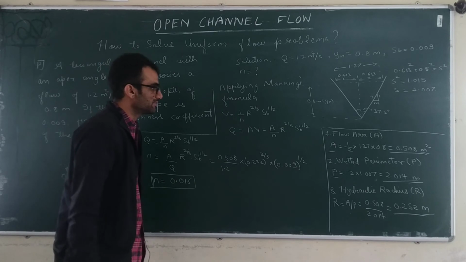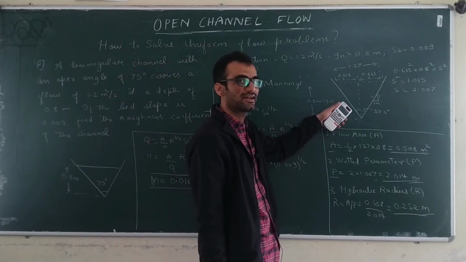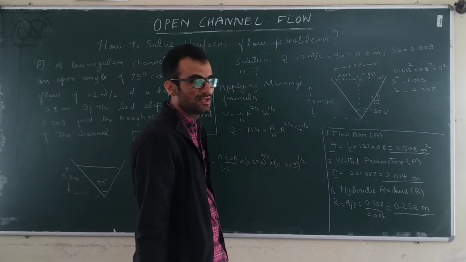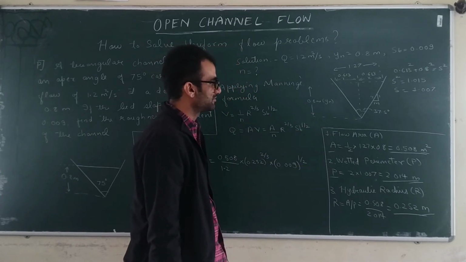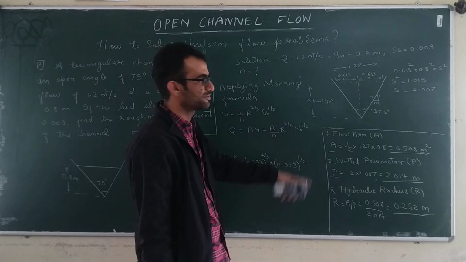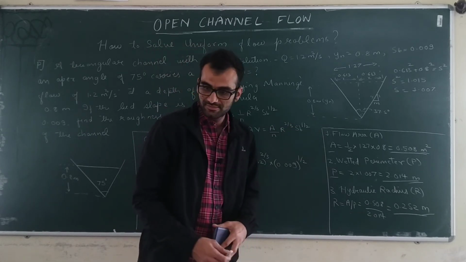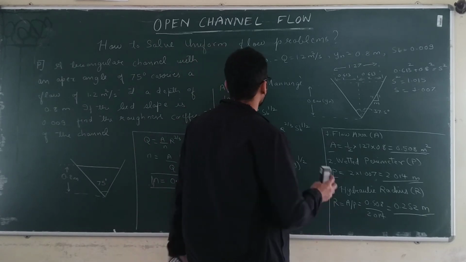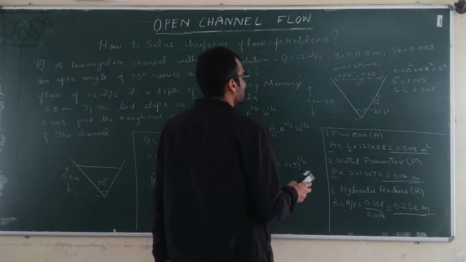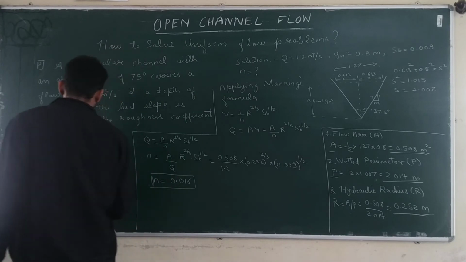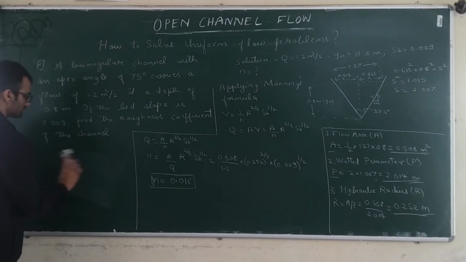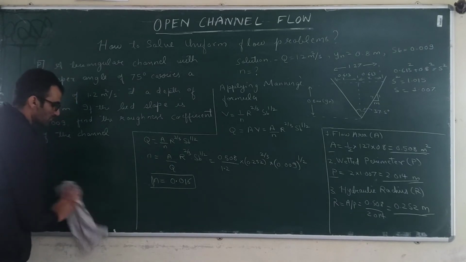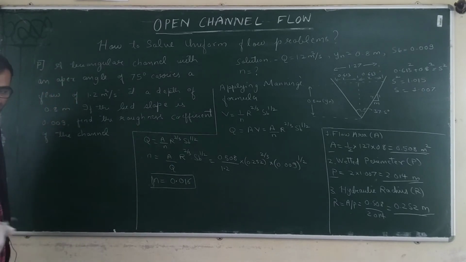Now see, while calculating the flow area and wetted perimeter, we directly calculated them from the geometry. But if you remember the formulas, you can also use the formulas, like the ones we saw last time. I'll calculate it here again in a different way. Suppose you remember the formulas and want to use only the formulas, then how to do that, we'll see that also.